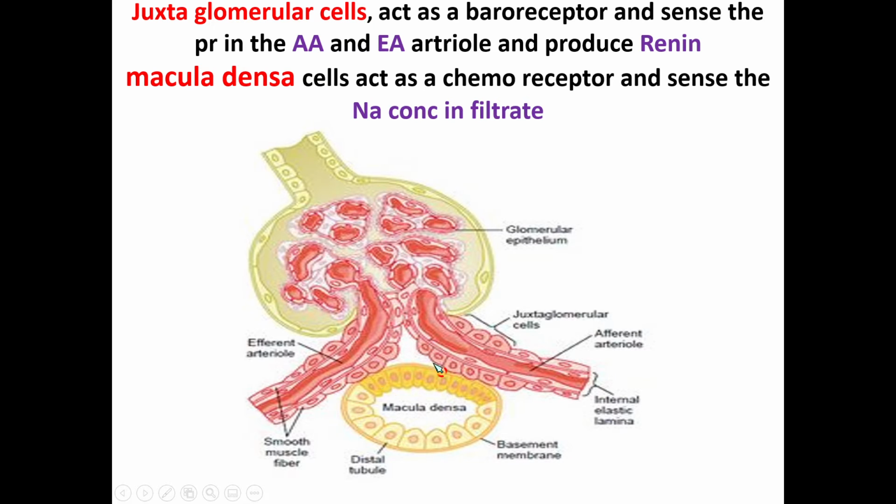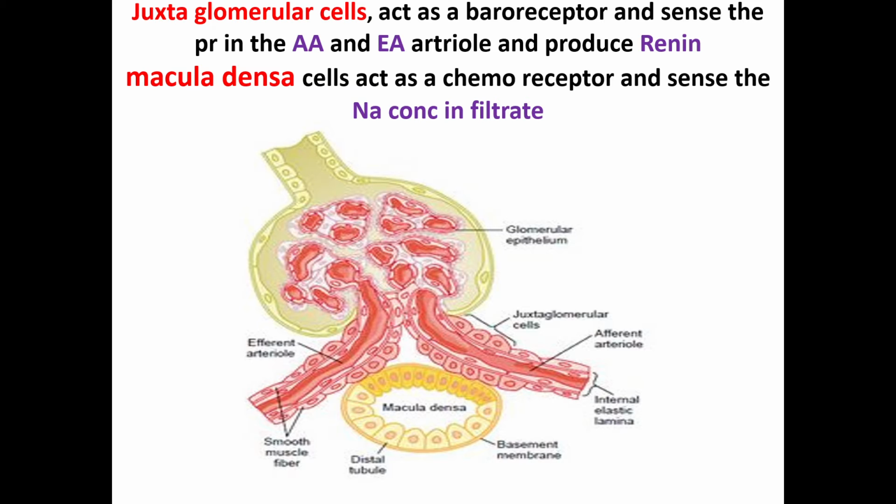And we have the juxtaglomerular cells, which are thought to produce renin, and it is supposed that renin is also produced by the extraglomerular mesangial cells. So this was a brief review of the previous lecture, just to make you understand the anatomical position of